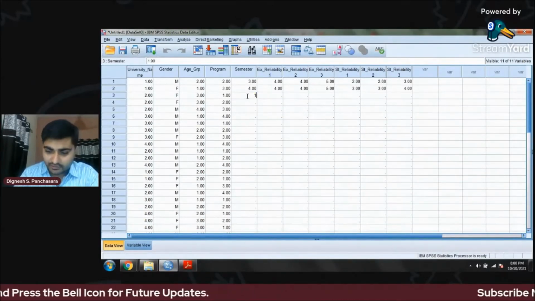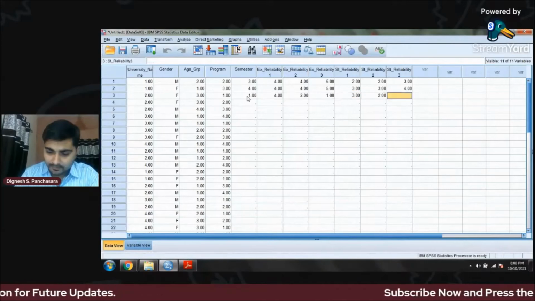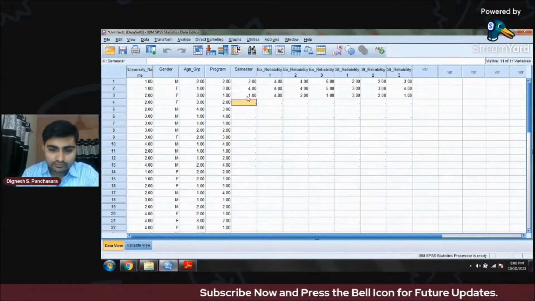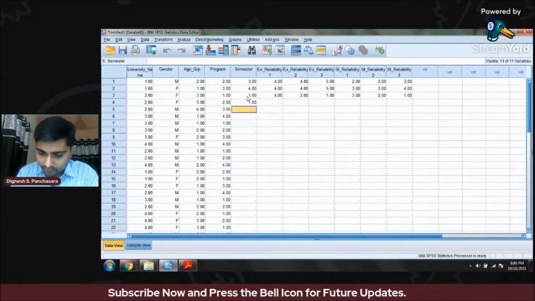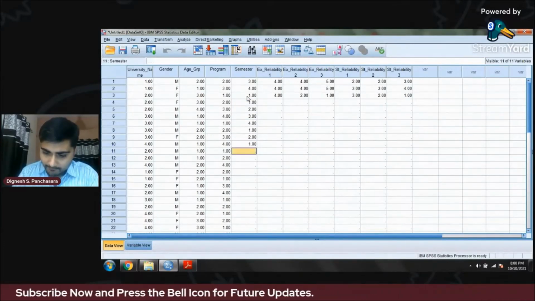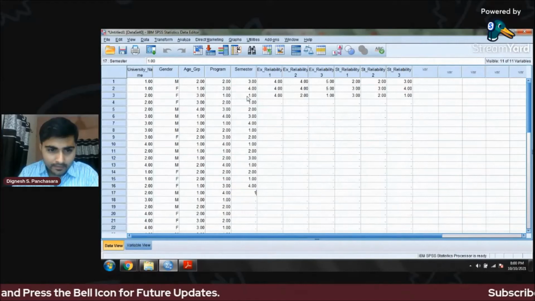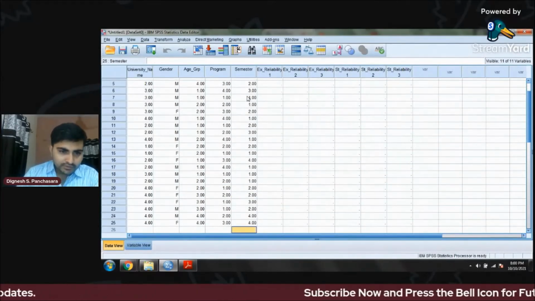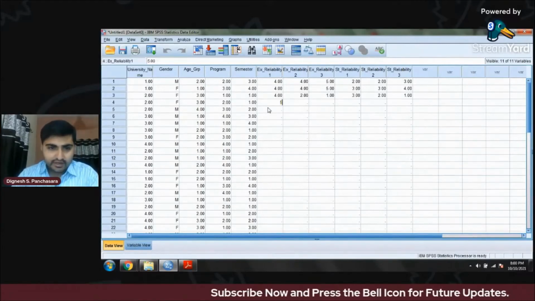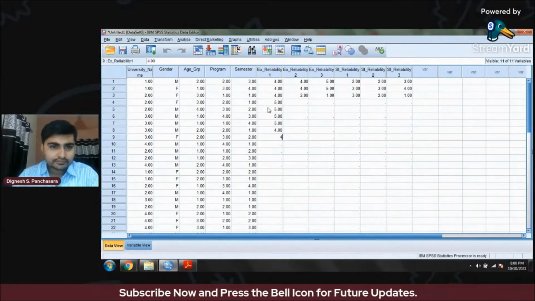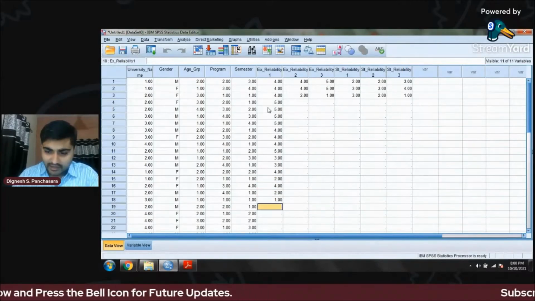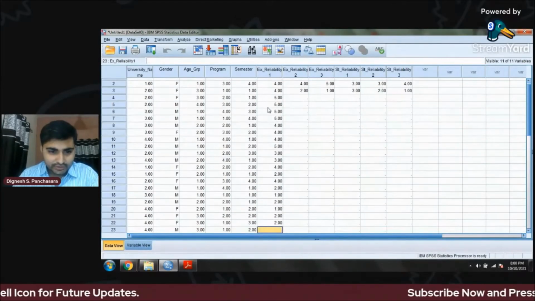For example semester, you can add 5, 5, 4, 4, 3, 5. I'm entering random numbers.